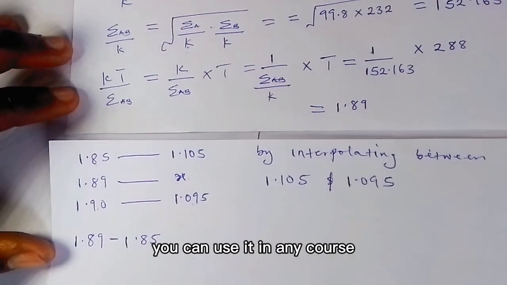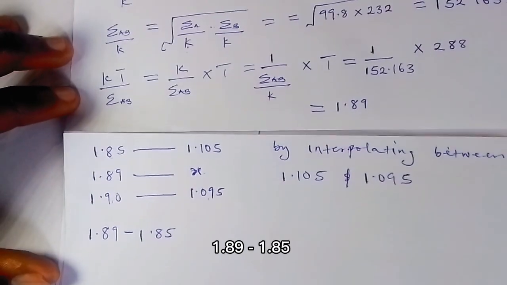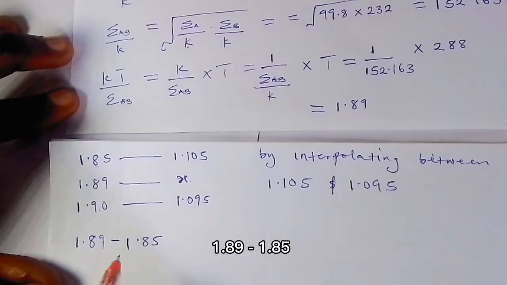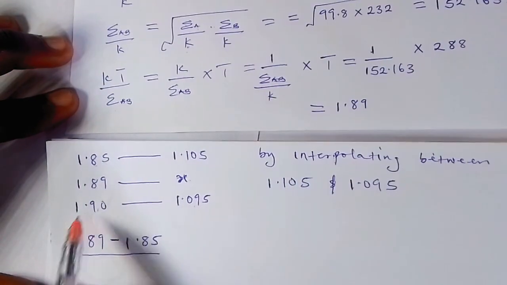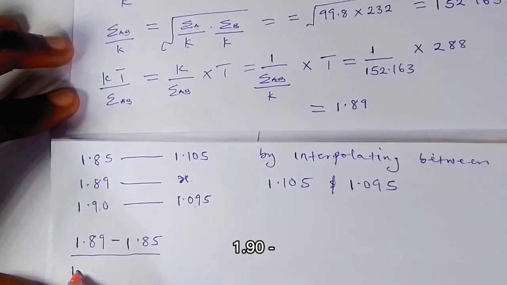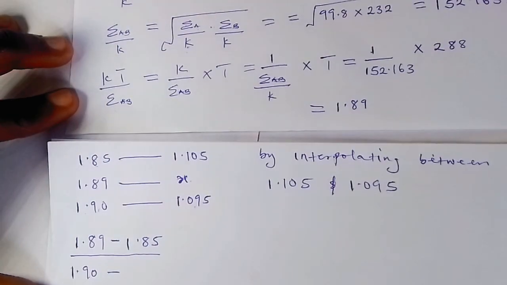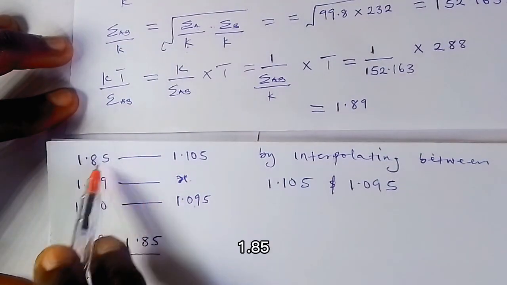You can use it in any course. So 1.89 minus 1.85 divided by 1.90 minus 1.85